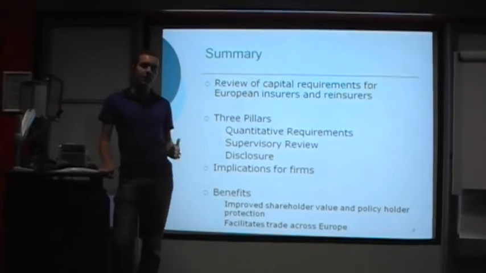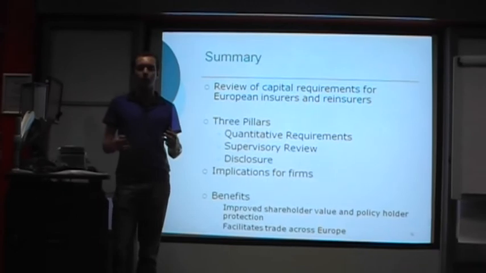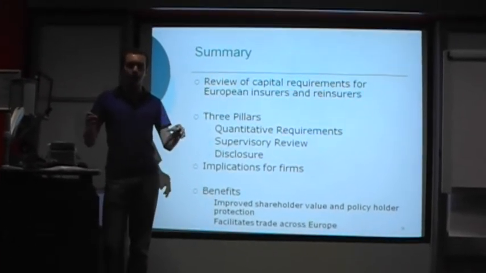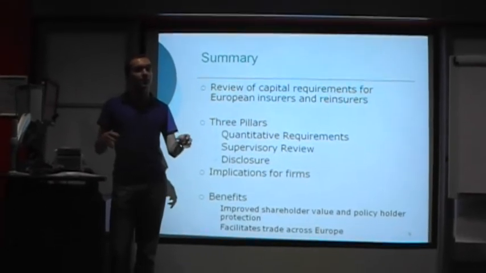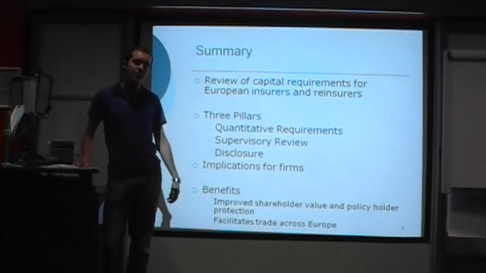We talked about some of the implications for firms in terms of needing to hold more capital, needing to get more people on board, and needing to maybe restructure the organisations to accommodate the new risk management functions. And then I briefly touched on what benefits this would bring